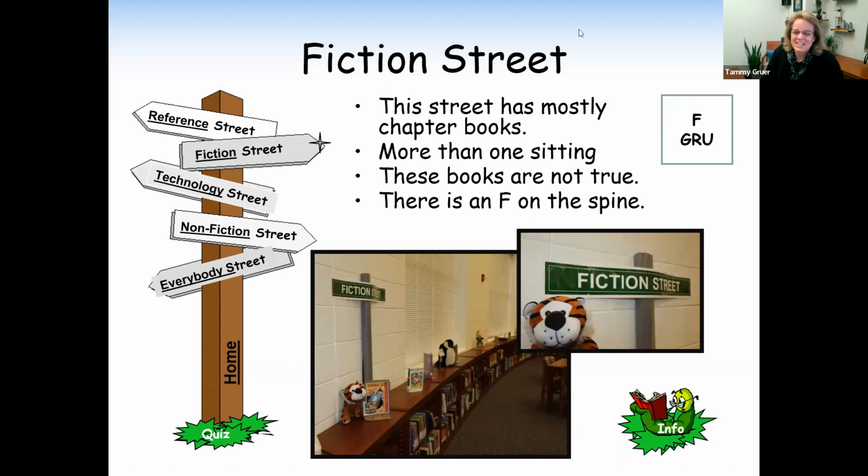So the kids could easily determine that when they looked at the spine label of the book they had, or if this was one that I wrote, obviously here, that the F would mean it belonged on Fiction Street, and the GRU meant that it belonged in the G house. I also talked to my students about the fact that